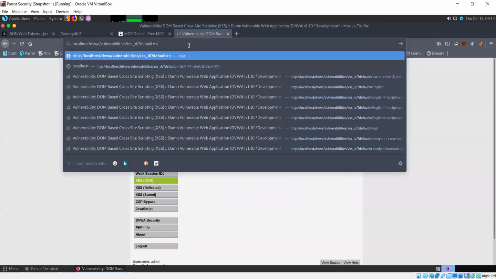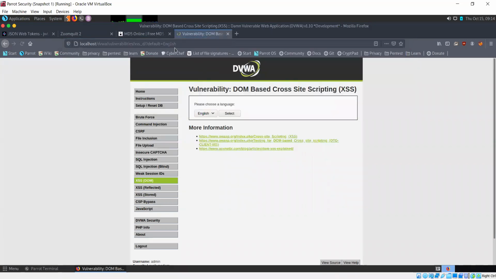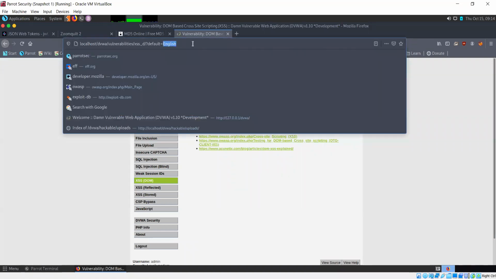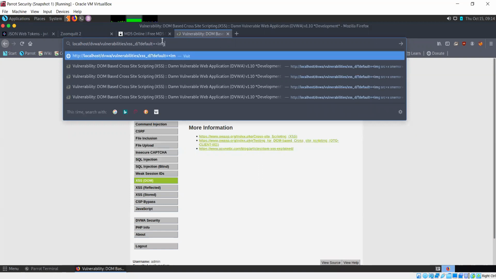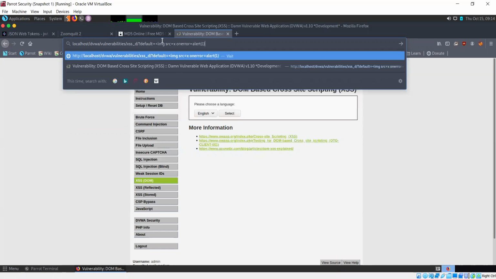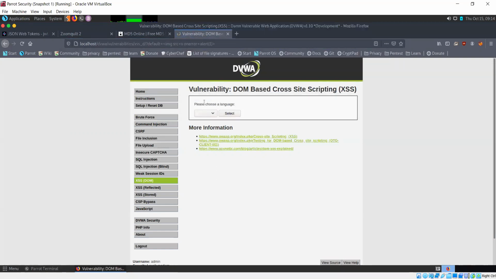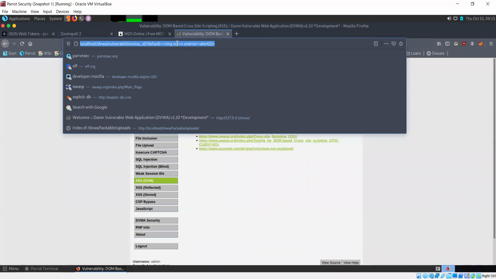There is one thing that I did not mention. If you try to run that, the server sees that the value has a script in it, so it changes it back to English. If I write image source equals x and try to run this, even this is not working, we can't insert images here anyway. Let's try this.